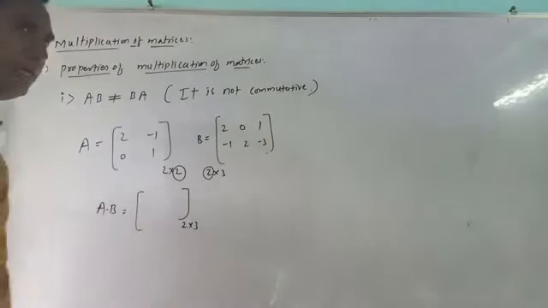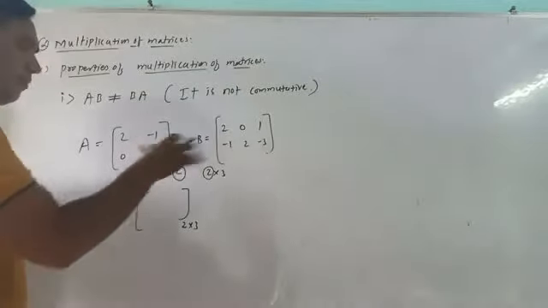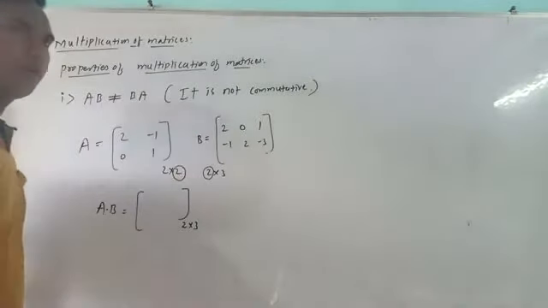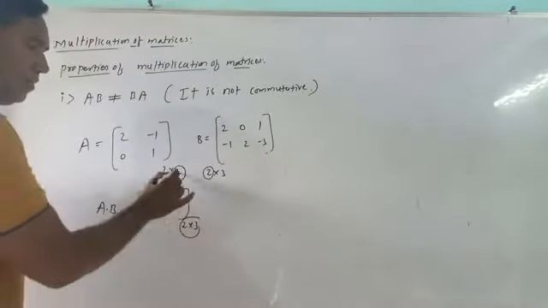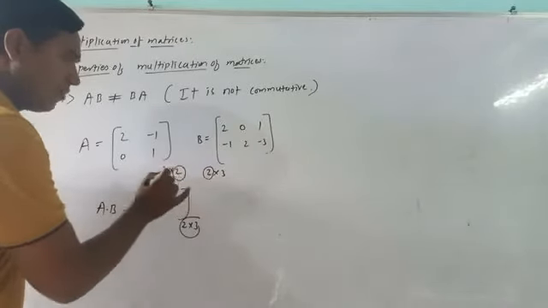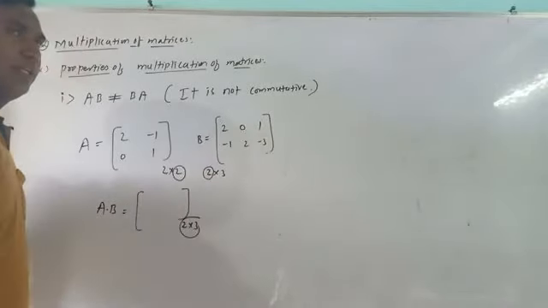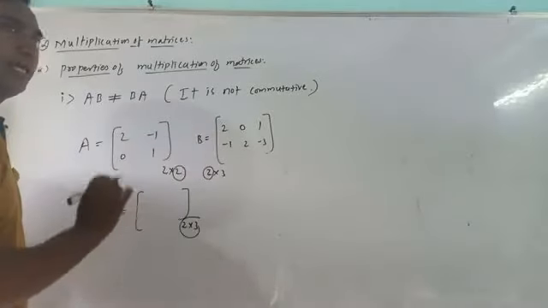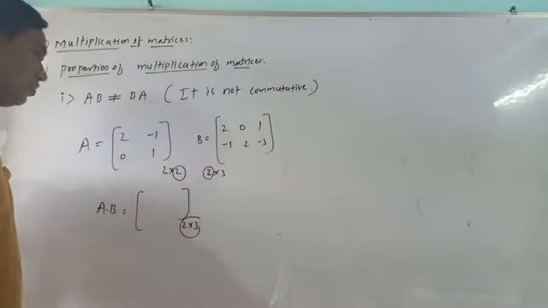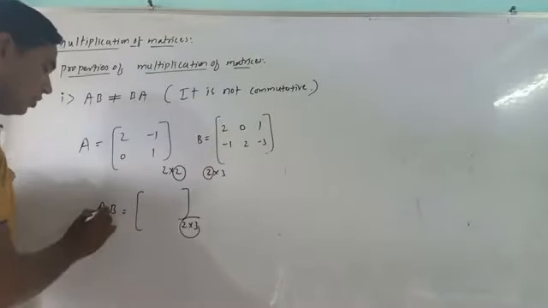It is the AB multiplication. Whatever the result of the multiplication may be is not important. This is what is important: multiplication exists, and after multiplication, the order will be 2 by 3. You know very well how to multiply them. Okay, so now AB is possible.